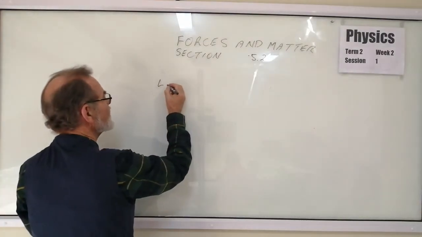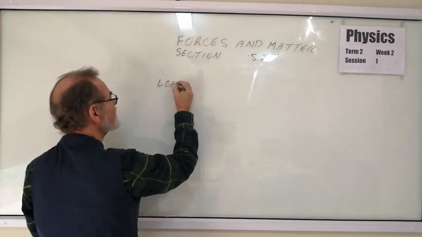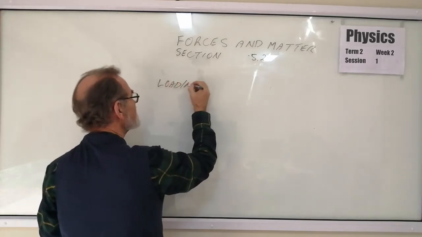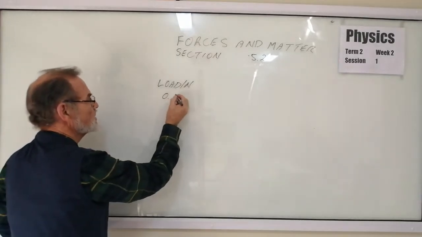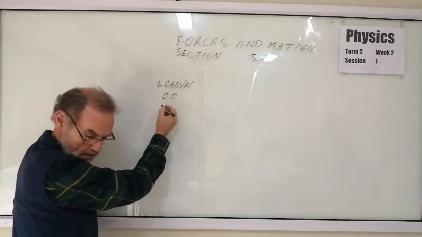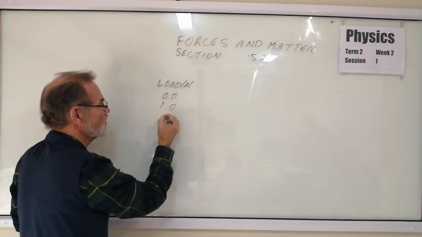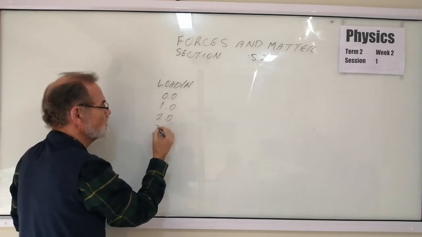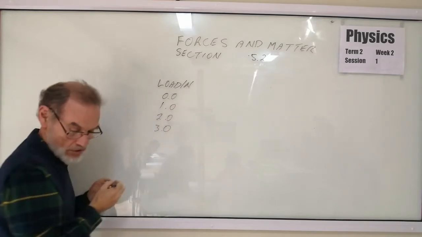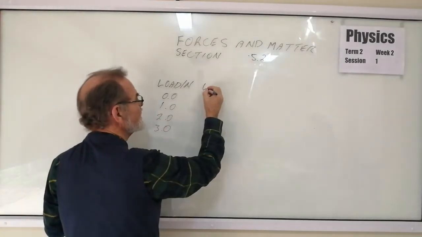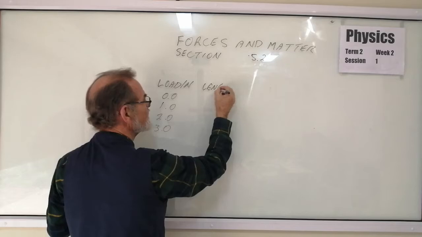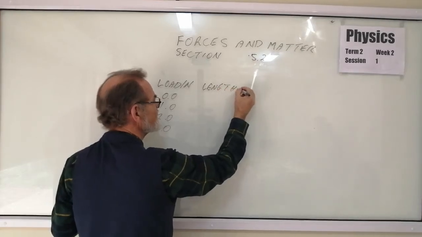It's marked the load in newtons, okay, and it's 0.0, 1.0, 2.0, 3.0, and so on. Then the length of the spring is in millimeters,